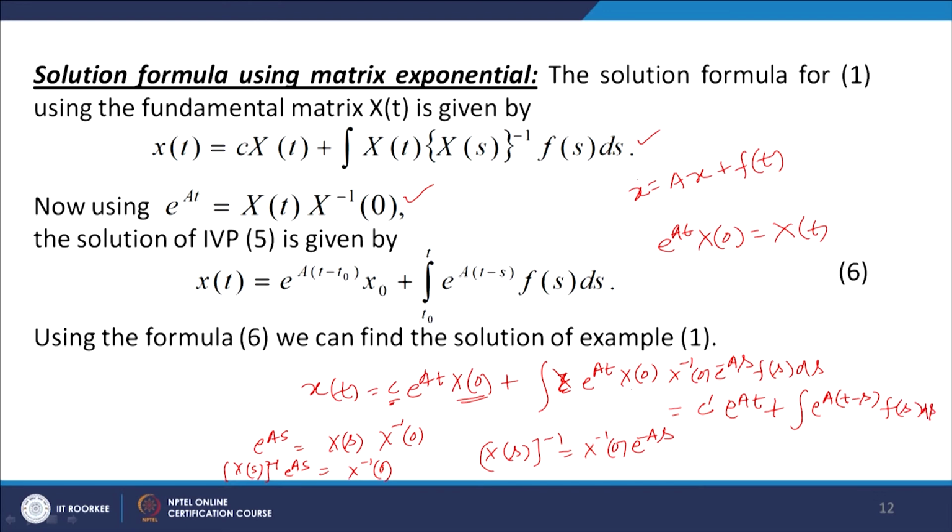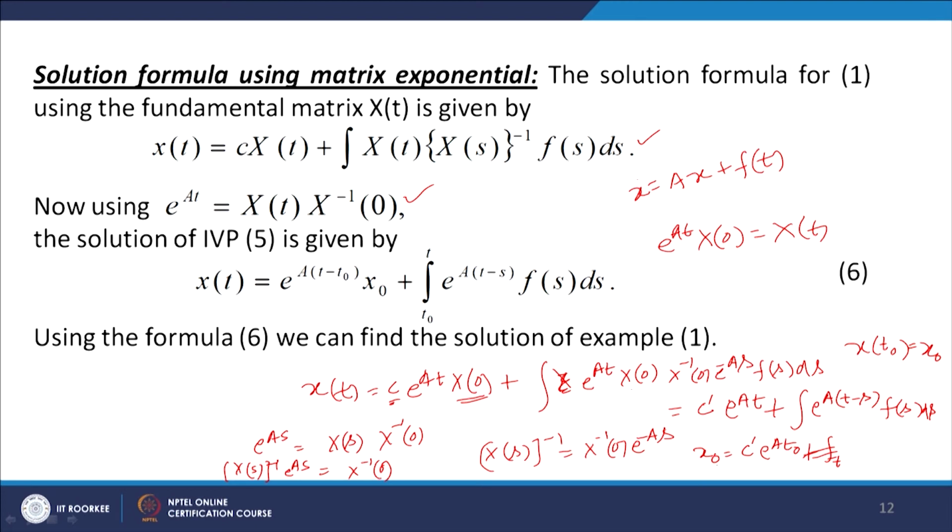So this is the formula, and when you have to use x(t0) equal to x0, to determine this c dash, you put here that value. So x(t0) is equal to x0 equal to c dash e^(At0), and here you get the integral from t0 to t. When we put t equal to t0, this integral will be 0.